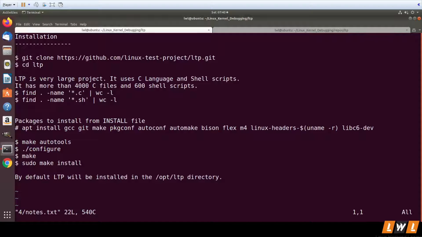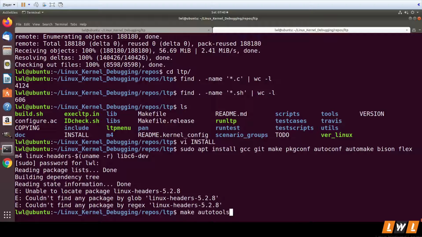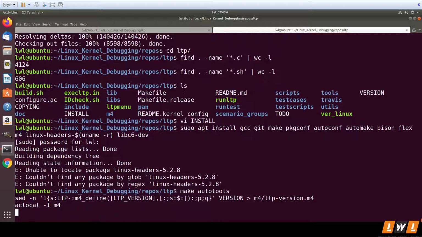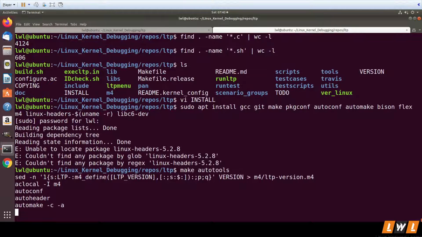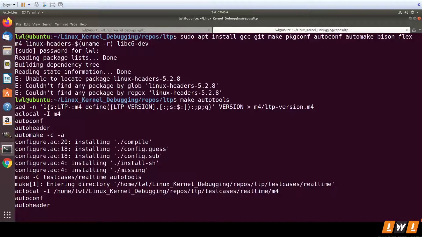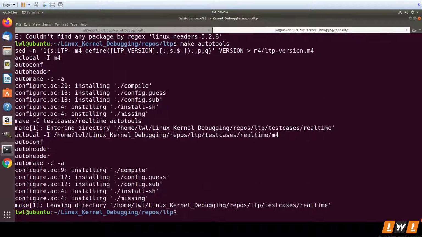Now, once all the packages and prerequisites are present, you need to run these particular commands. First, you need to run autotools, aclocal, autoconf, all those. You say make autotools, it will do it for you. So it will run aclocal, autoconf and automake and all. Then it will generate a configure file. Now you can just say ./configure